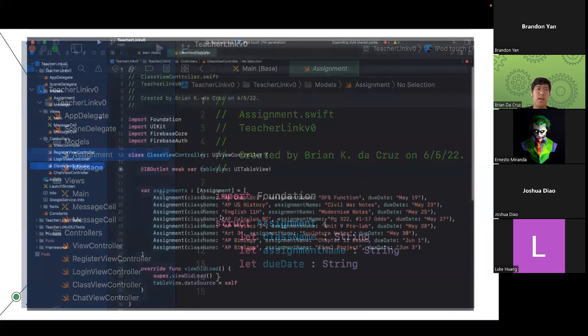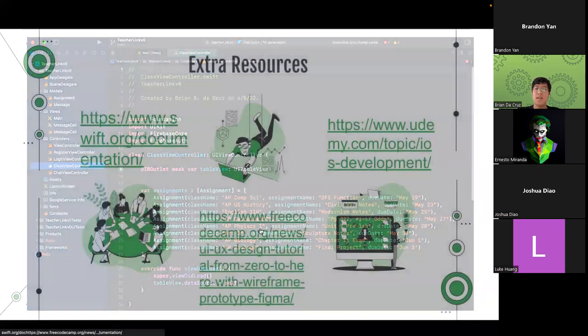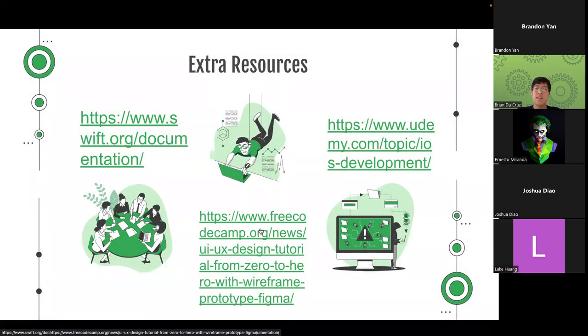And over here, I can assign variables: different classes that a person might take, their assignment name and their due date, and I can store these as an assignment data type, basically an object. And I'm going to store all these assignment objects inside a list, and I can print them out later on. But yeah, basically, this is the structure and layout of Xcode,